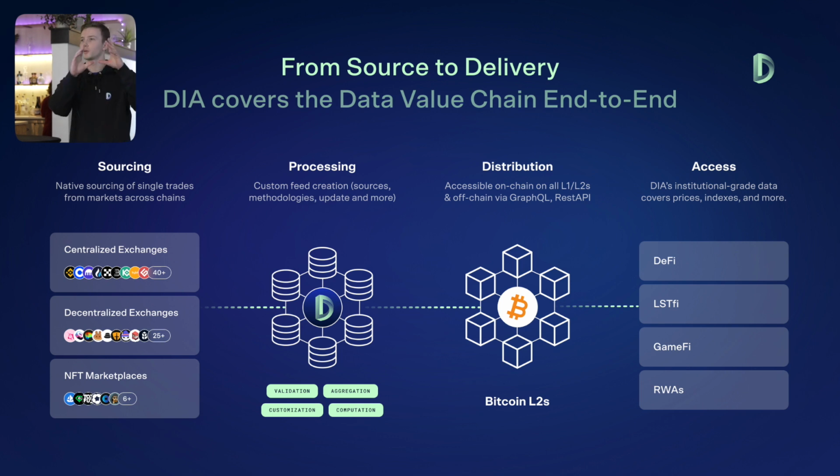Because these off-chain third-party data providers are aggregating this data off-chain, by the time it's delivered on-chain, there's a lack of transparency. And so that's one caveat that we identified, and that's actually the reason that DIA was created, to become a solution to this lack of transparency. And the way that we do this, really, simply put, is on the sourcing side. We source our data from first-party data sources. And really what that means is looking at distinctly DEXs and centralized exchanges as the first-party source for data.